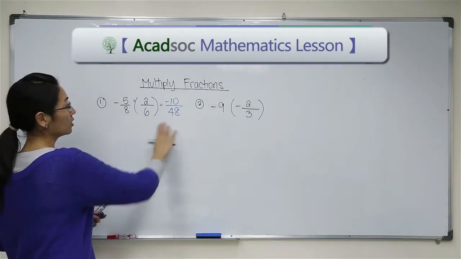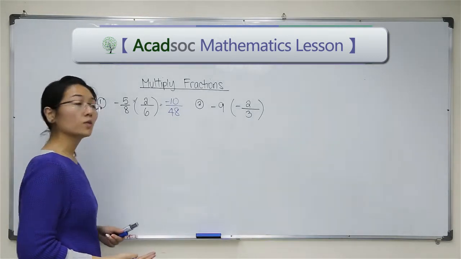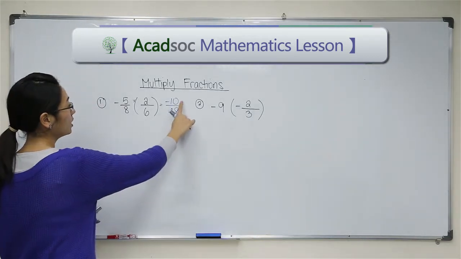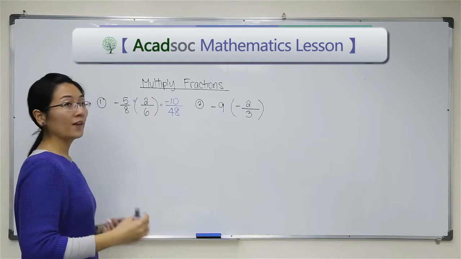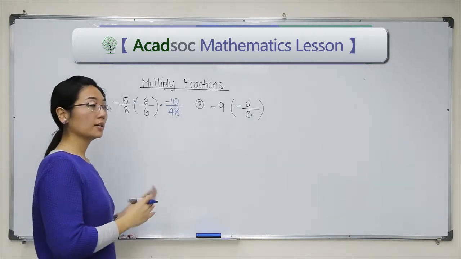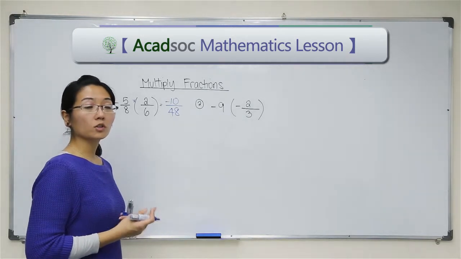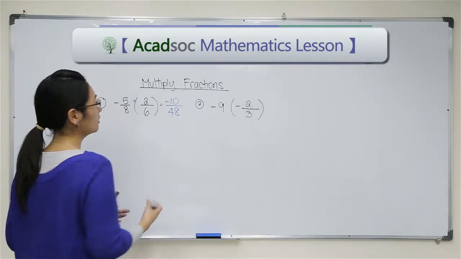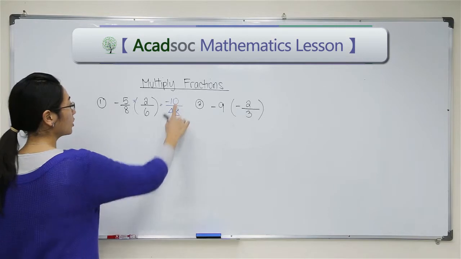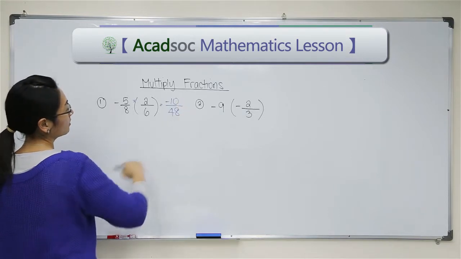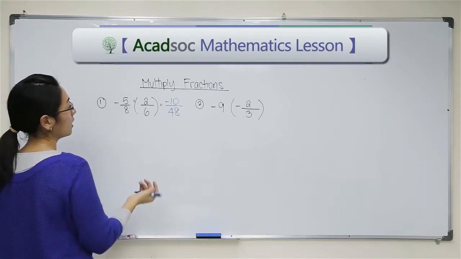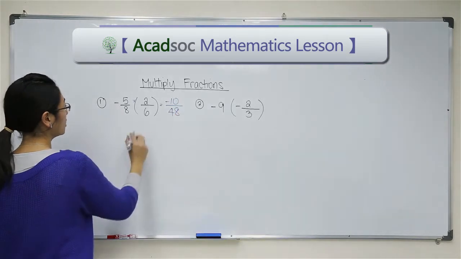However, for a fraction, you always want to put it in the simplest form. Right now, if you look at the negative 10 and 48, they have factors in common. So that goes back into the first section where we talked about the greatest common factor. We want to divide out the greatest common factor. So let's see, what do they have in common? I know there's a 2 in common. So let's divide out a 2 to simplify this